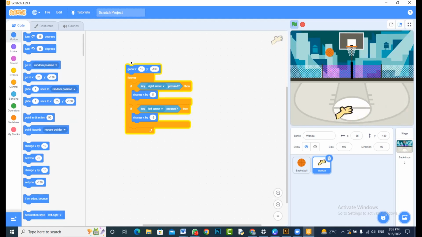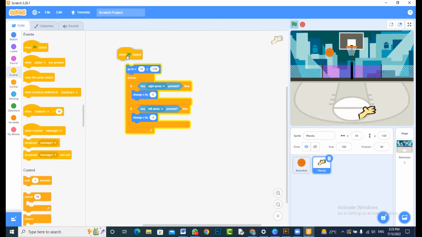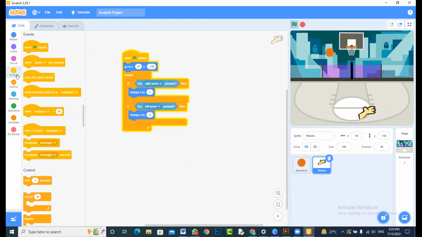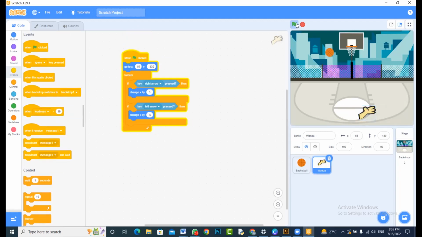Okay, so the hand is currently moving. So now if I use this event when flag clicked to start the game, that would be suitable. I just need to make sure that all the code that I have written, I need to put it with the when flag clicked. So this one also with one flag click for the basketball as well, and for the hand as well. So now you press the flag button, you see the basketball and the ball are moving,